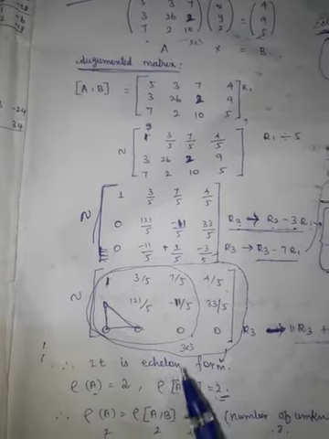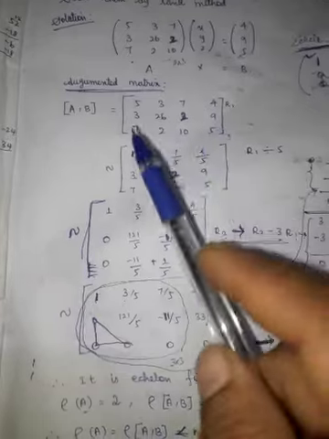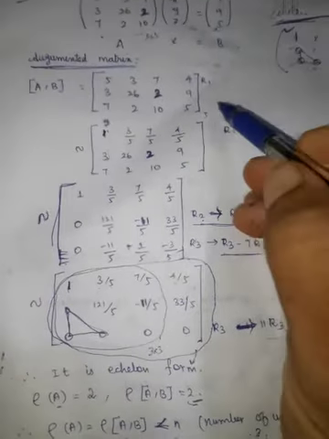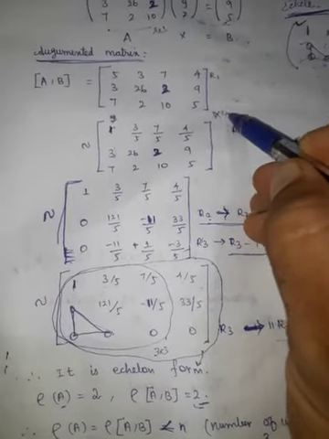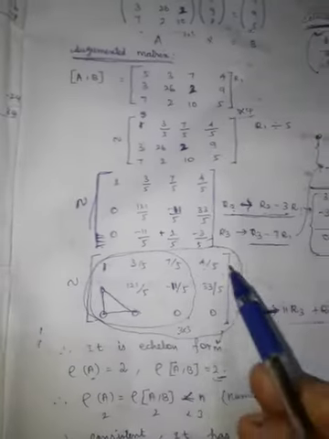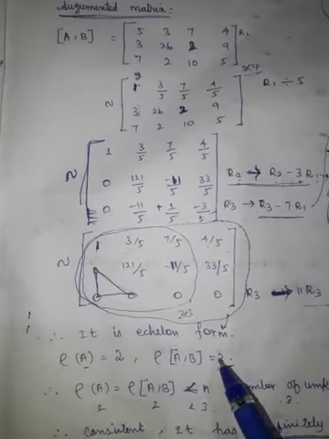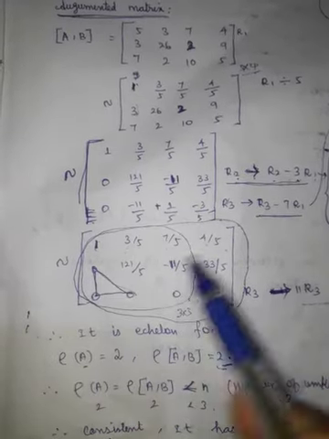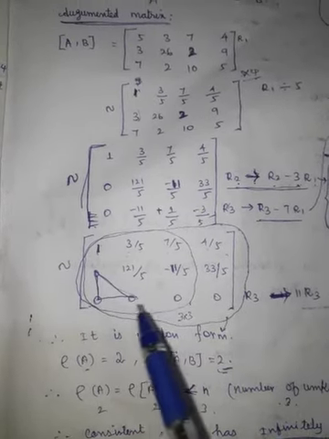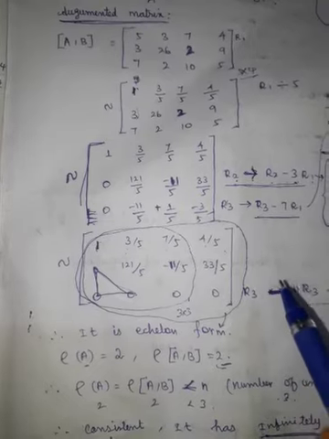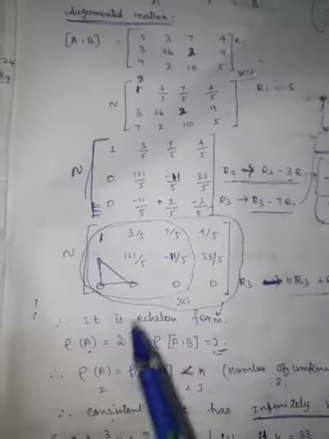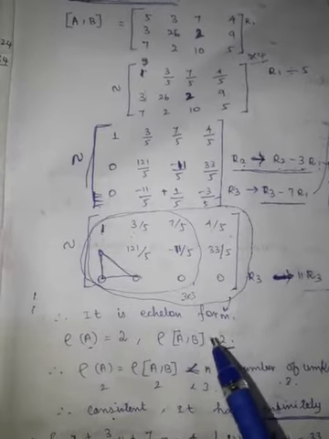So rank of A comma B. So this is denoted by A comma B. So this matrix is 3 by 4, matrix order 3 by 4. So here also we consider fully. So rank of A comma B value also 2, because the row 1 value is here 1, the row 2 value is here, the row 3 no value is here, that is 0. So 1 plus 1 is 2. So the rank of A is 2, rank of A comma B is 2.